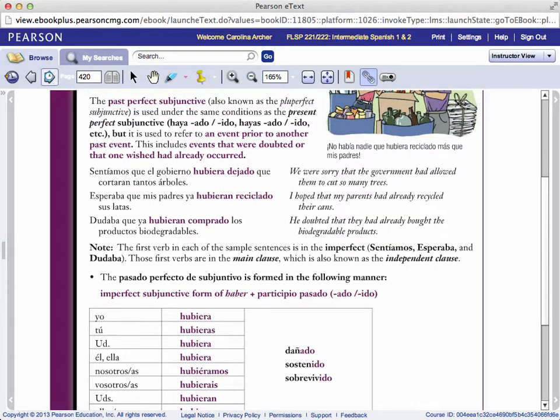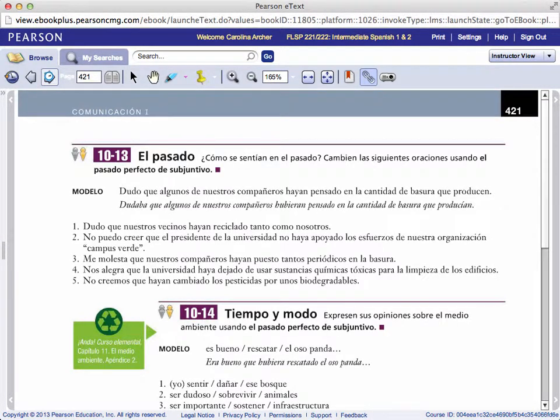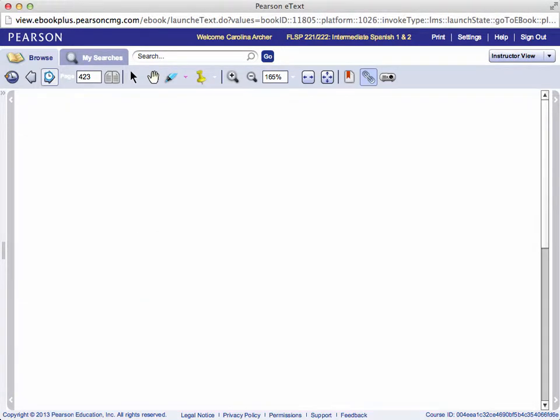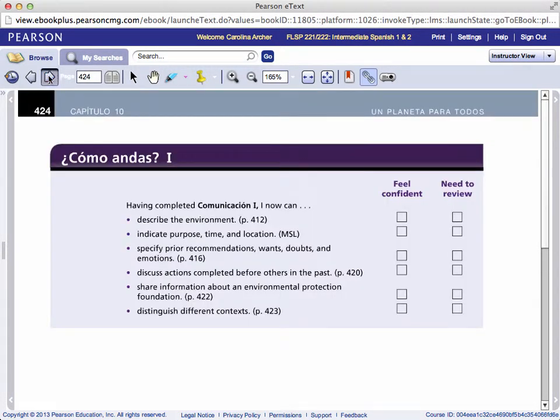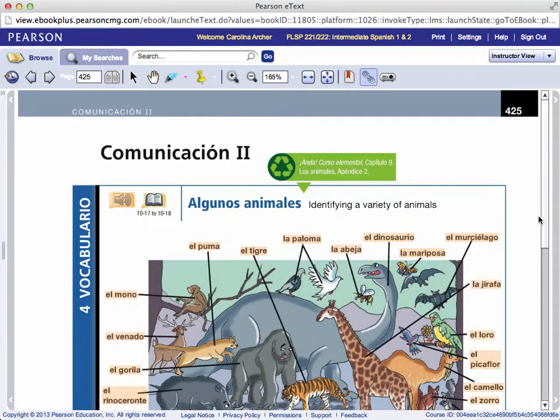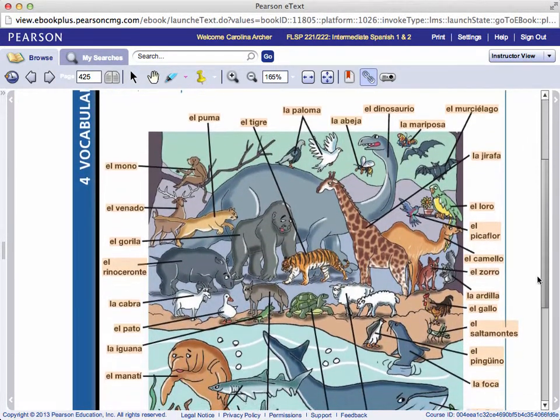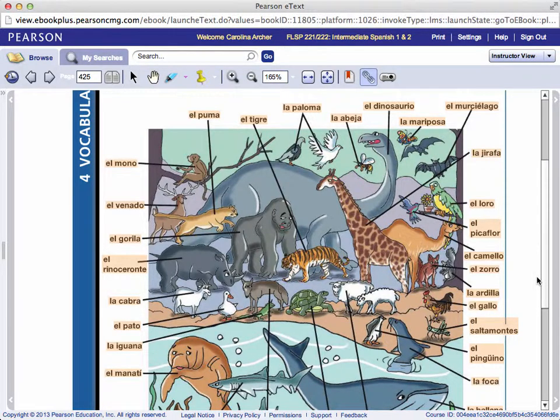Continuamos entonces. So that is the past perfect subjunctive, and we're going to go on to vocabulary for different kinds of animals. So when you go to the zoo, you're going to be able to identify them in Spanish, a variety of animals. Muy bien. Entonces vamos a comenzar por acá. Vamos a comenzar por el mono, the monkey, el venado, the deer, el venado, and a lot of these are cognates. El gorila, the gorilla, el gorila, el rinoceronte,